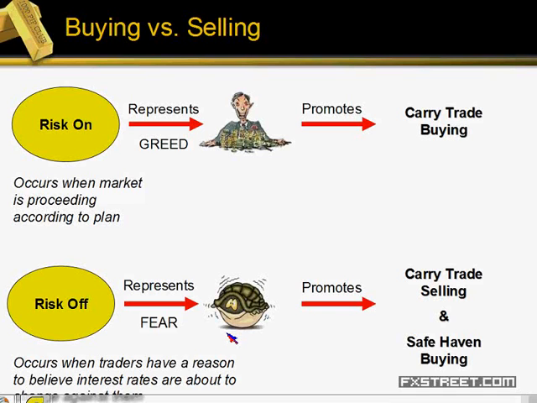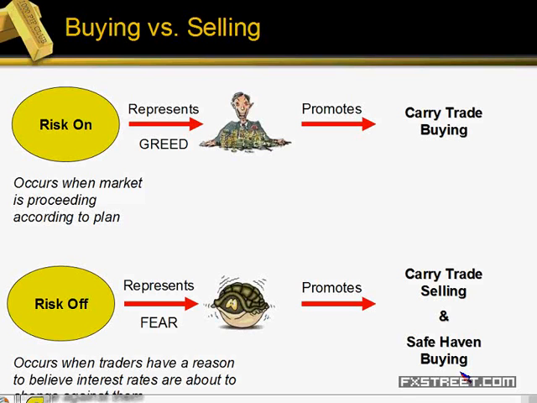And so it's really important, and you will see that it's not a slow process. We'll actually show you an example of that. And not only is it carry trade selling, it's also safe haven buying, which is why there are essentially three safe havens out there: the Japanese yen, the Swiss franc, and the U.S. dollar. And of those three, right now, the U.S. dollar is the one that is